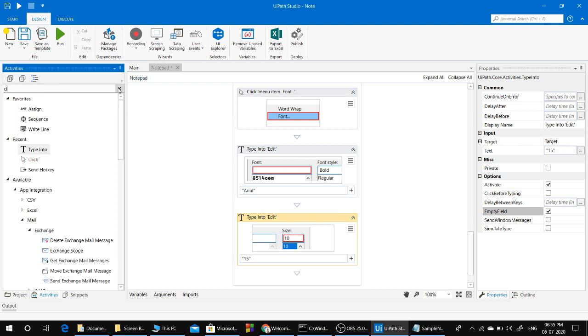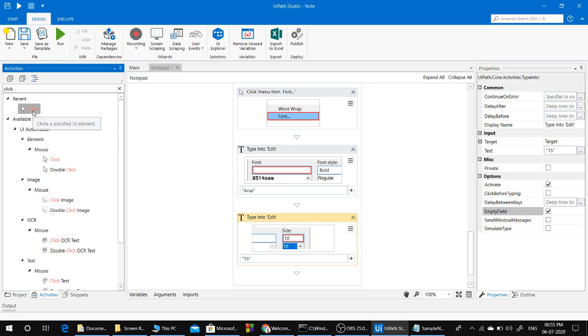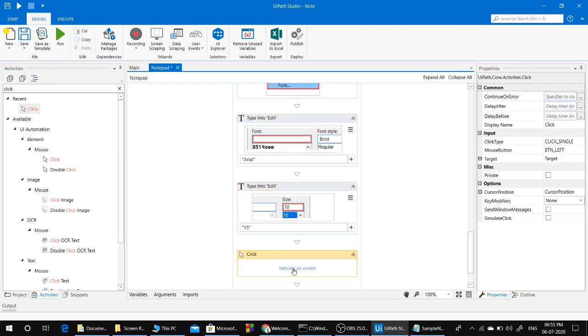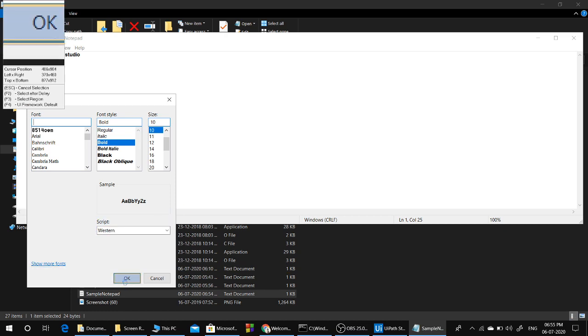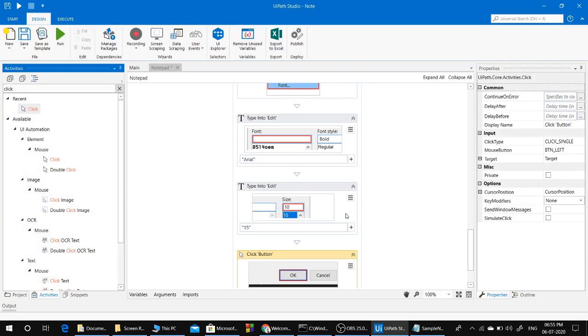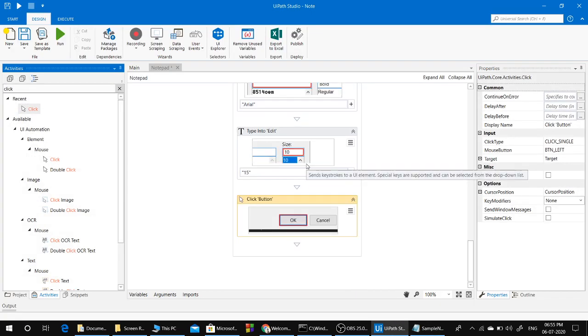For that, click command. Indicate on screen, indicate on OK. Let's check whether it perfectly worked or not.